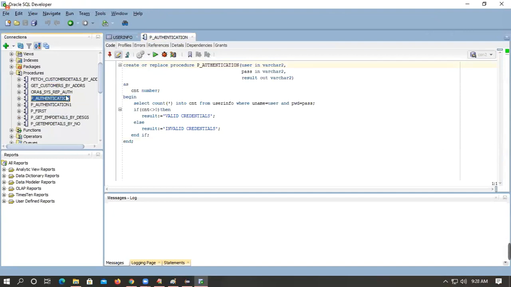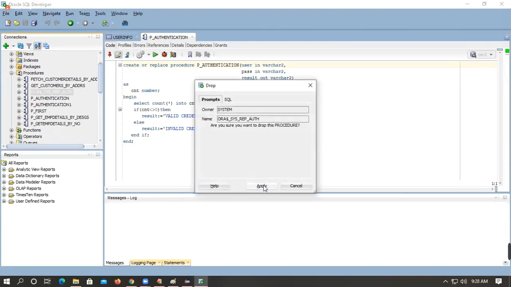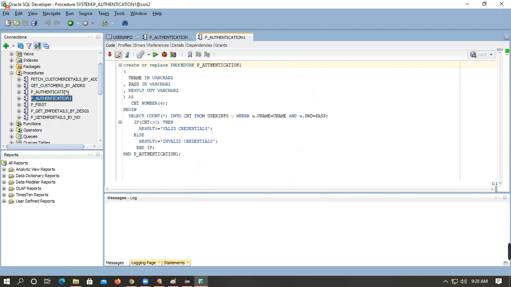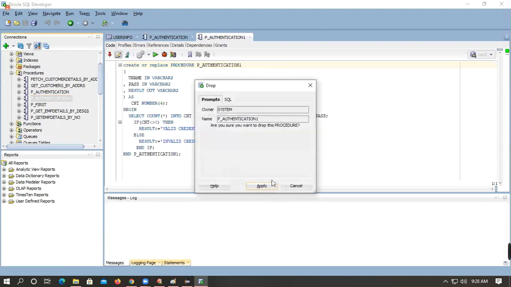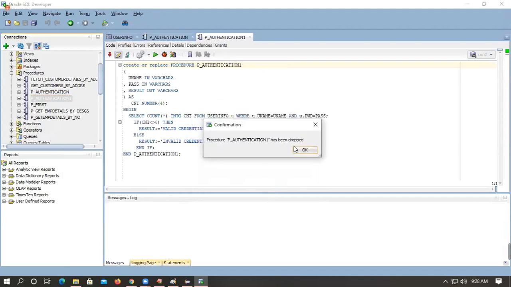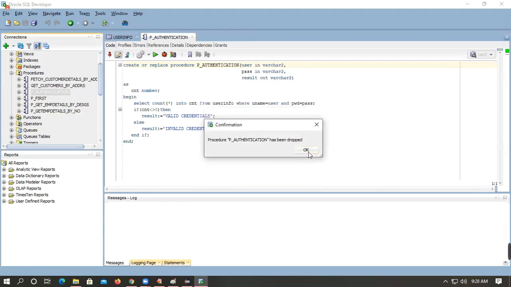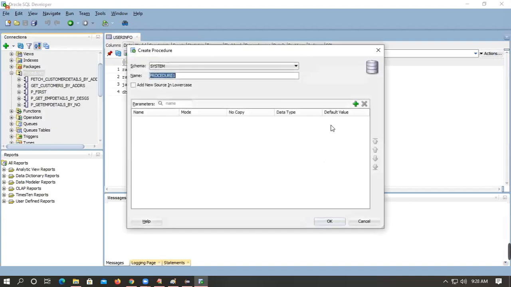I want to delete them, guys. Okay, duplicate. I don't want any confusion on it. Drop, apply. Okay. Right click, new procedure,